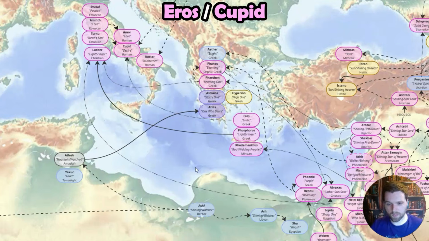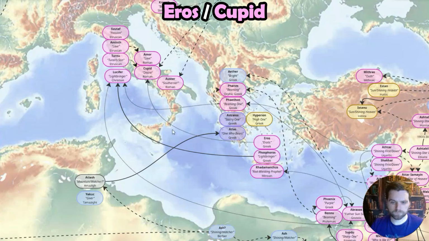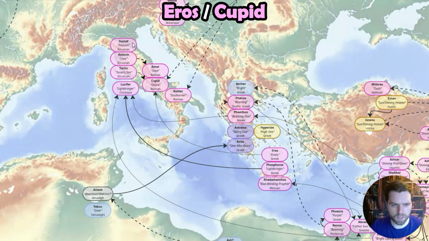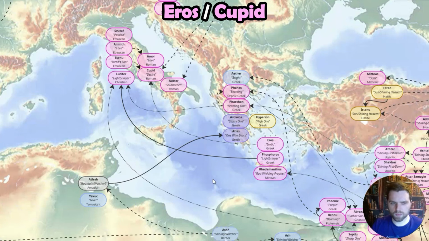And of course, that would be Eros and Cupid. And I have here the many Etruscan versions of Cupid and Amor. Eros, Cupid, usually depicted as like a child with a bow, represents dawn and is son of the dawn goddess Aphrodite or Venus. But he has an older form, and that is Phosphoros or Eosphoros, and that's the son of Eos.